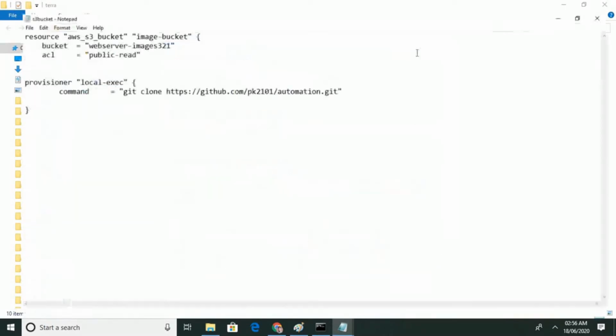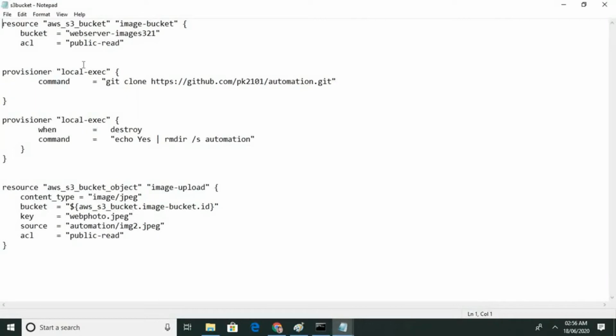We're going to create a bucket. The bucket is for static data. As I told you, anything you want to create comes under resource. So here I want to create an S3 bucket, and I have given a bucket name. This is the bucket name. And ACL means giving access to the bucket. So I'm making it public, so if anyone gets my bucket URL, they can access its content. You can make it private also by writing private here.